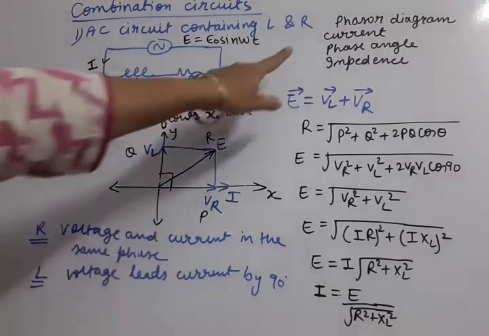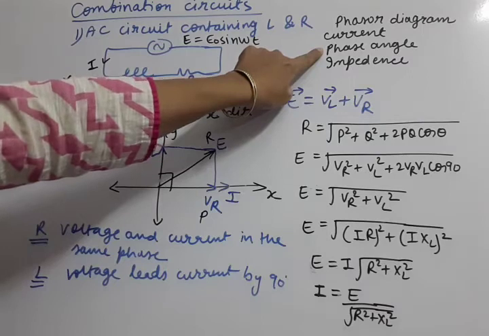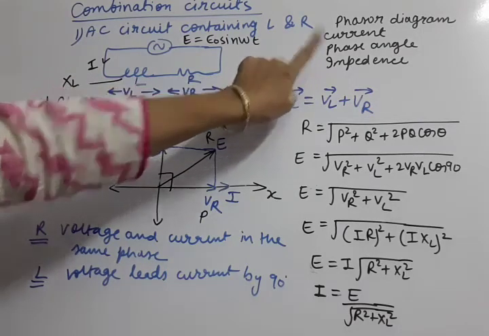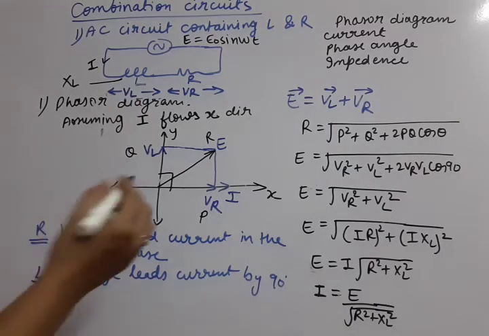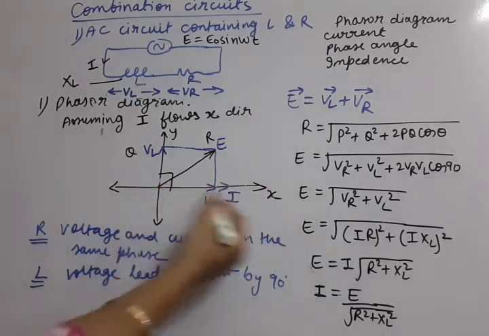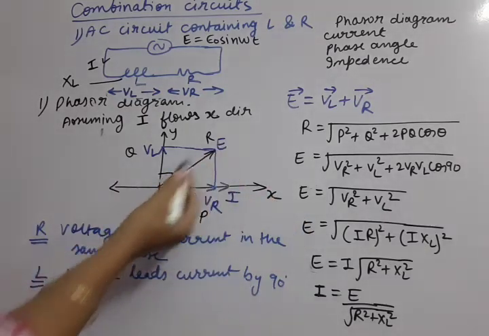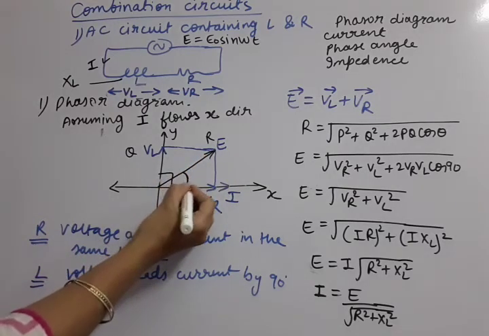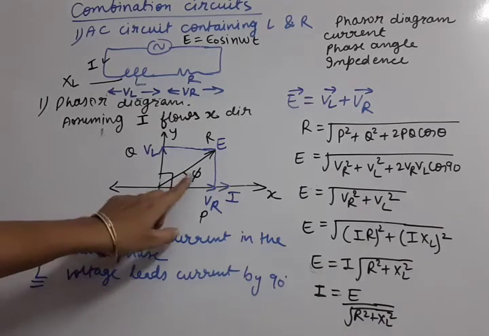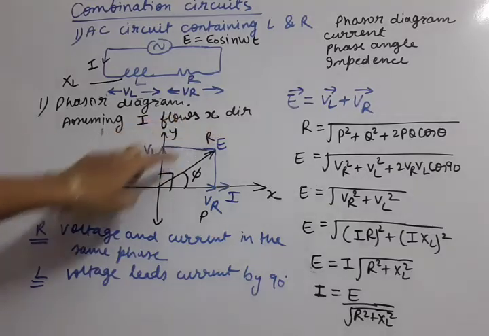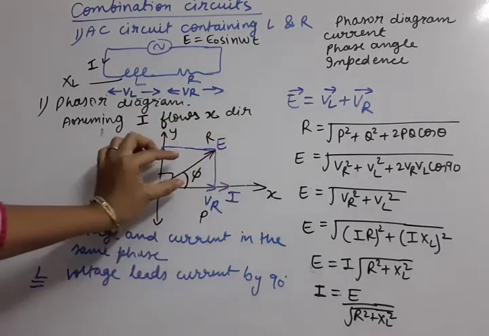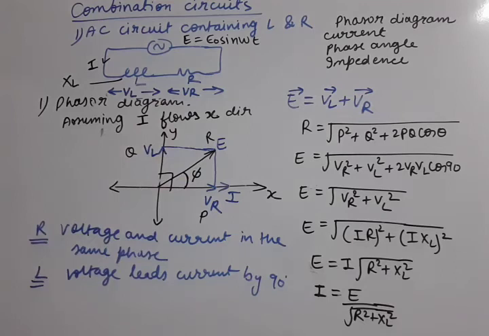Okay. Now phase angle information is still remaining, and impedance information. Phase angle means the phase angle between final voltage and final current, which we have to solve. The total current of the circuit we have shown in this direction and net voltage of the circuit is in this direction. So suppose the phase angle we show by phi here. You can see this is voltage and this is net current. So this phi angle is the phase angle. We will be solving it with the tan phi formula. Note down this detail.